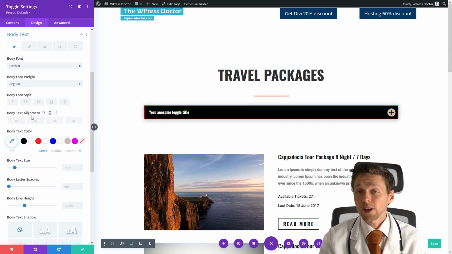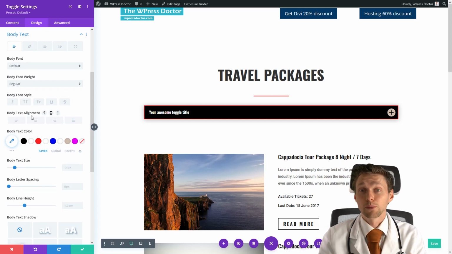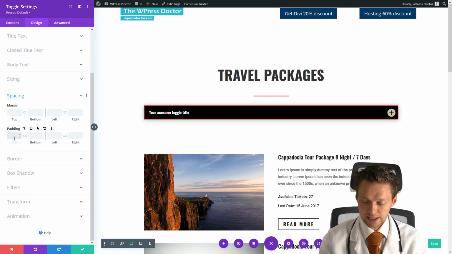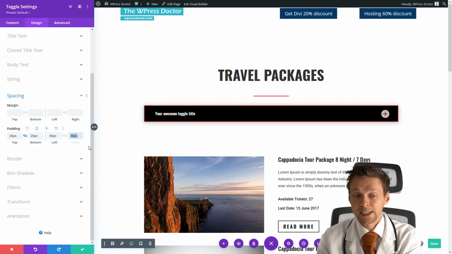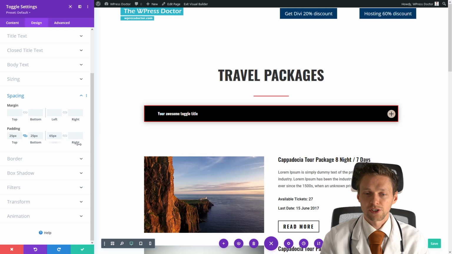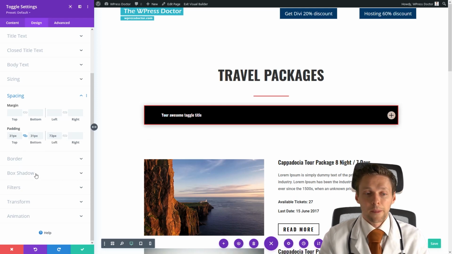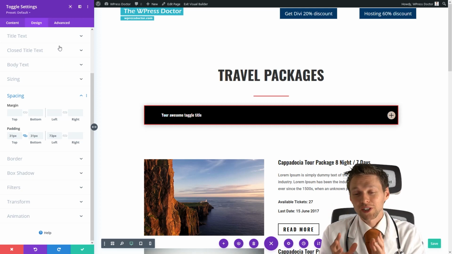One of the questions I got most is, how do I change this icon, and can we give it some more space? Yes, of course you can. Just go to your spacing and go to your padding and add a little bit more spacing right there. Now you can see that you can move this all the way around, and even the toggle button. If you don't want to change the toggle icon, just delete this one and you can only change this one, which is pretty awesome. The border, the box shadow, the filters, transform, everything is pretty much straightforward as you know.